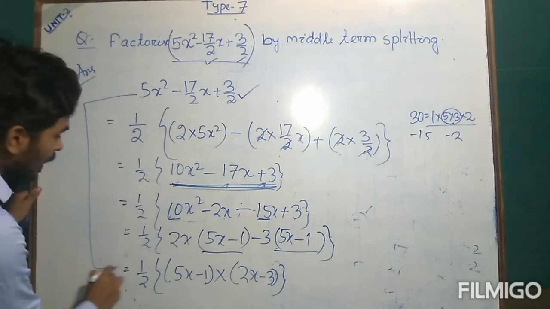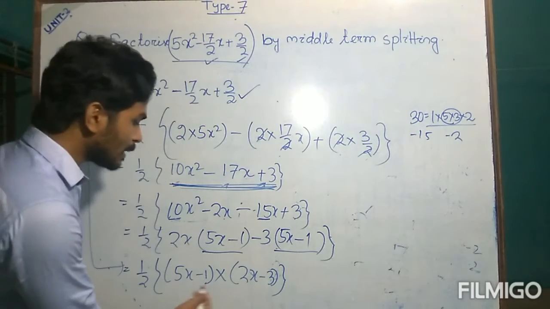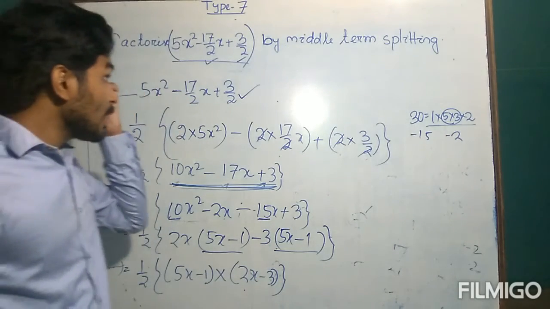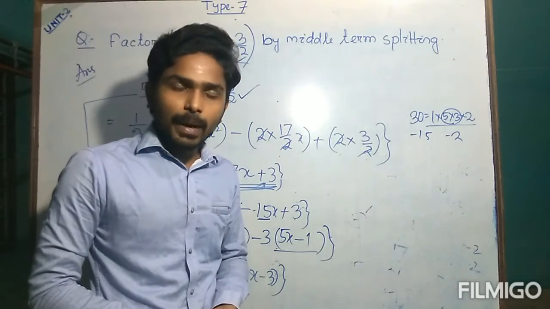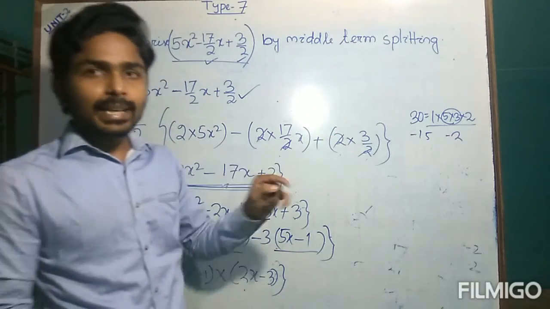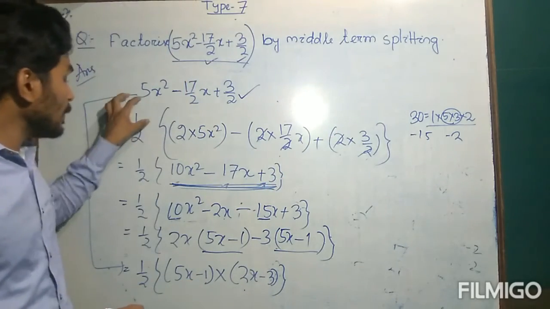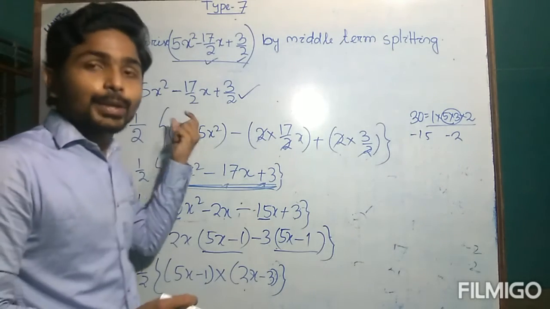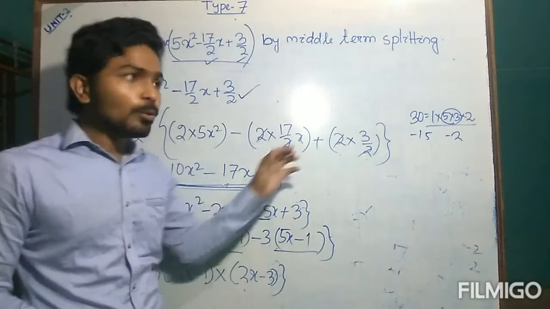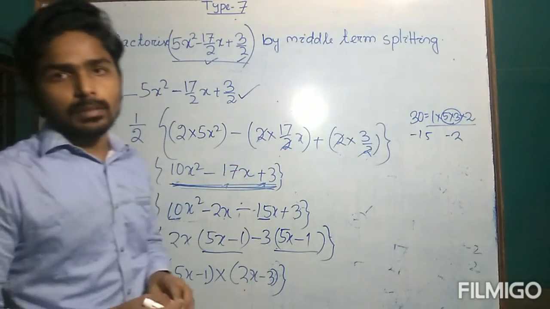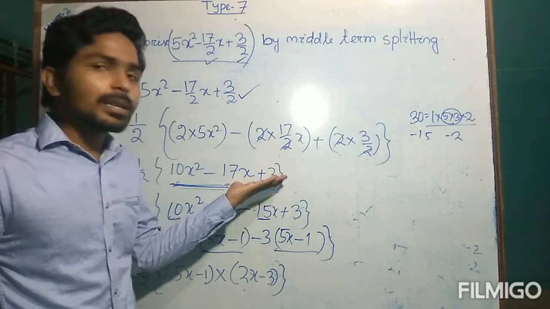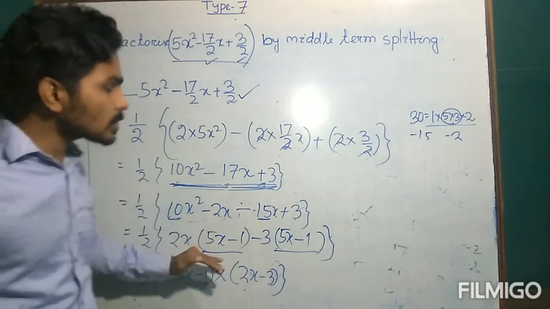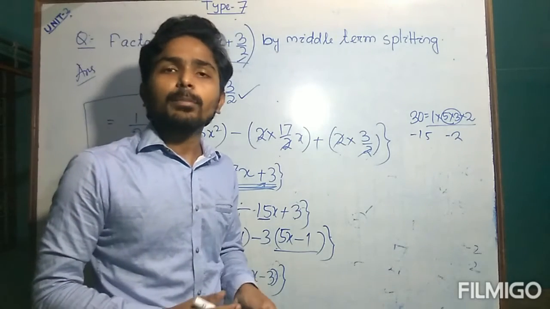So this quadratic polynomial is again converted into the product of two linear polynomials, along with half multiplied. Okay, so this is the way. If any quadratic polynomial has a fractional part, then you have to find the LCM and take 1 by that LCM as common. Suppose you are taking 1 by 2 as common, then you have to multiply that 2 with each term in order to make that term equal with the previous term. Then you can get a simple equation of type 3 or type 4 or type 1, whatever you get, then you can solve it and find the product of the two linear polynomials.